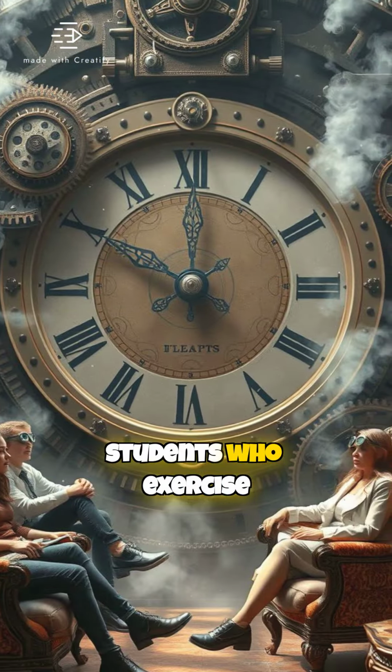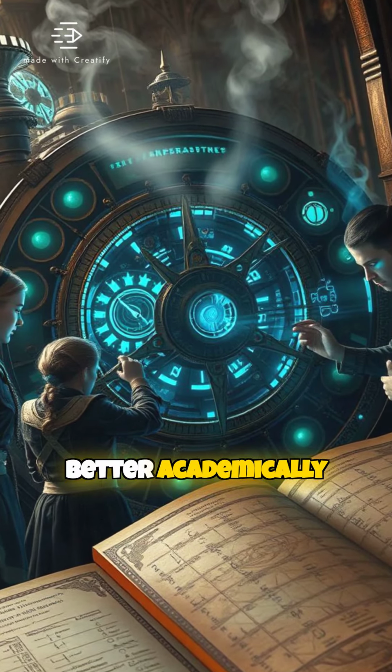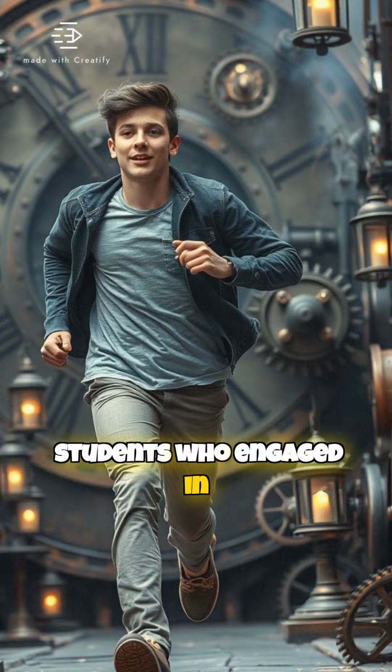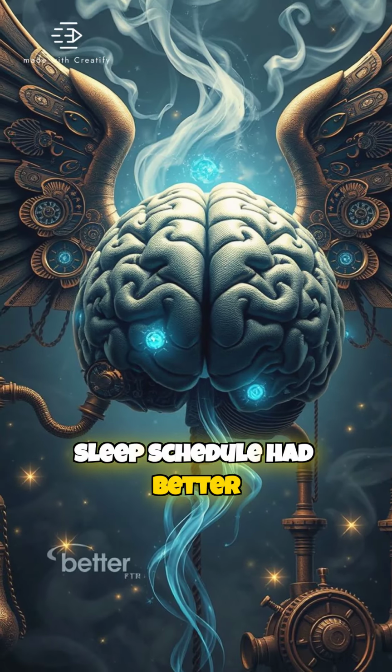Research shows that students who exercise regularly and maintain good sleep hygiene perform better academically compared to their peers who neglect these habits. For instance, a study found that college students who engaged in regular physical activity and followed a consistent sleep schedule had better